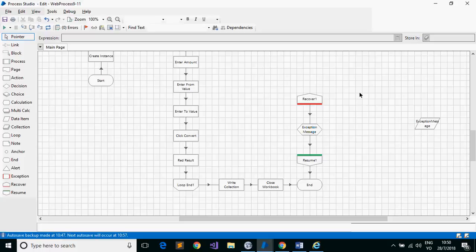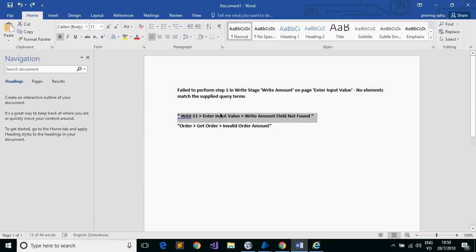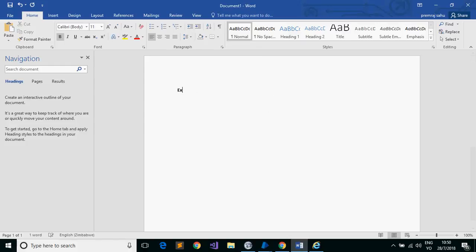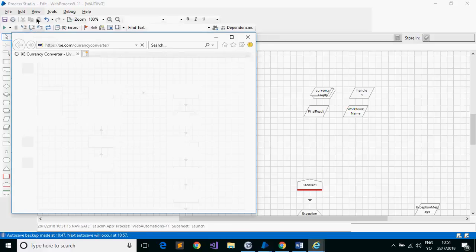So this is all about exception handling, and this is what we discussed here. There is a concept called exception bubbling. This is one concept in Blue Prism, and exception bubbling is the way an exception propagates in Blue Prism. So what is happening here is, for example, if I do a step over,